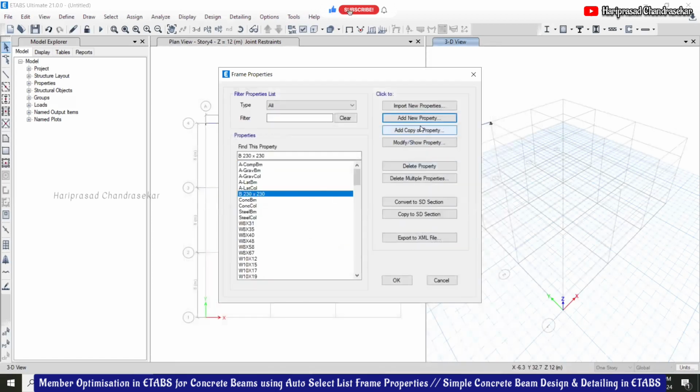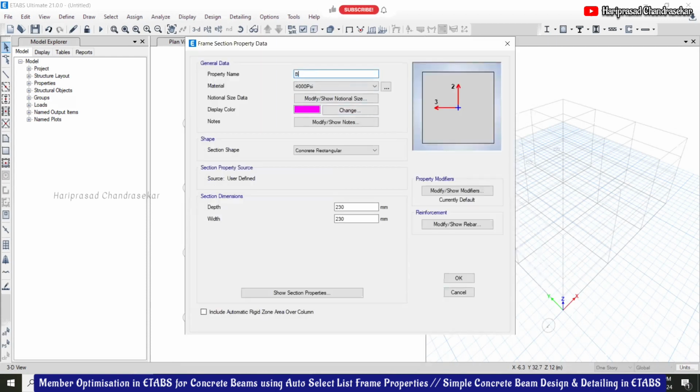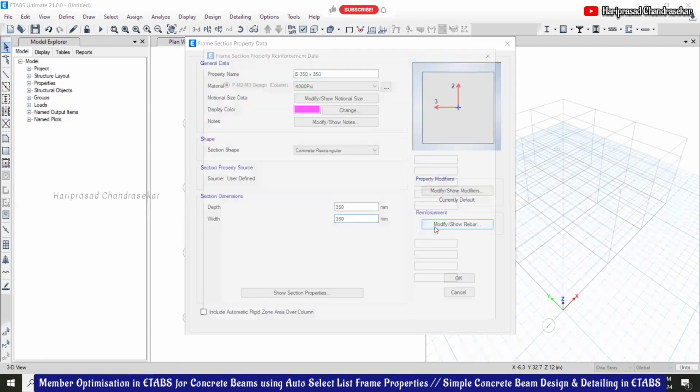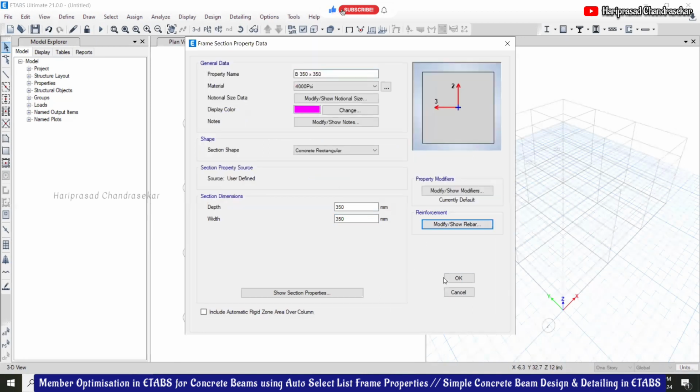Now you can just add copy of property. So 350 cross 350. You can put different sizes also. This is already set because we copied it, right? So that you will get everything copied also.